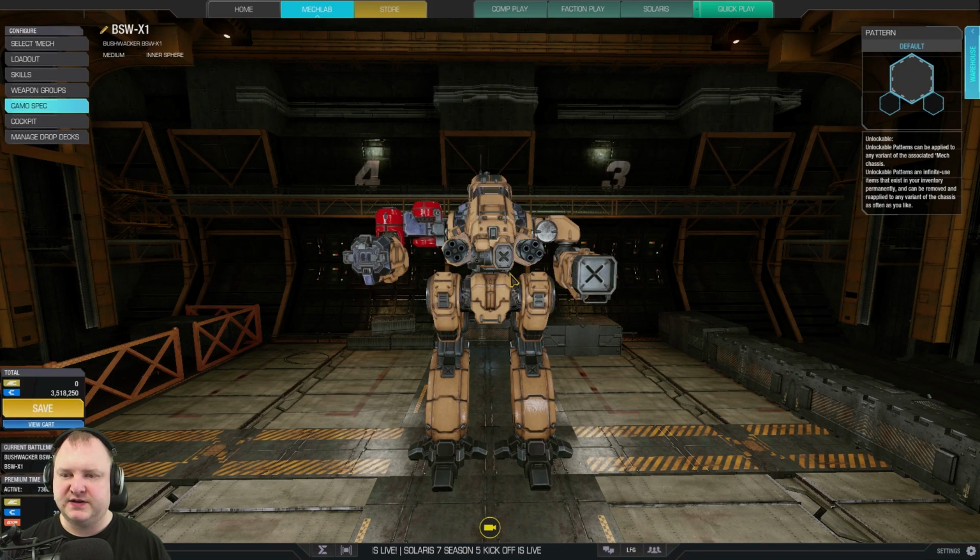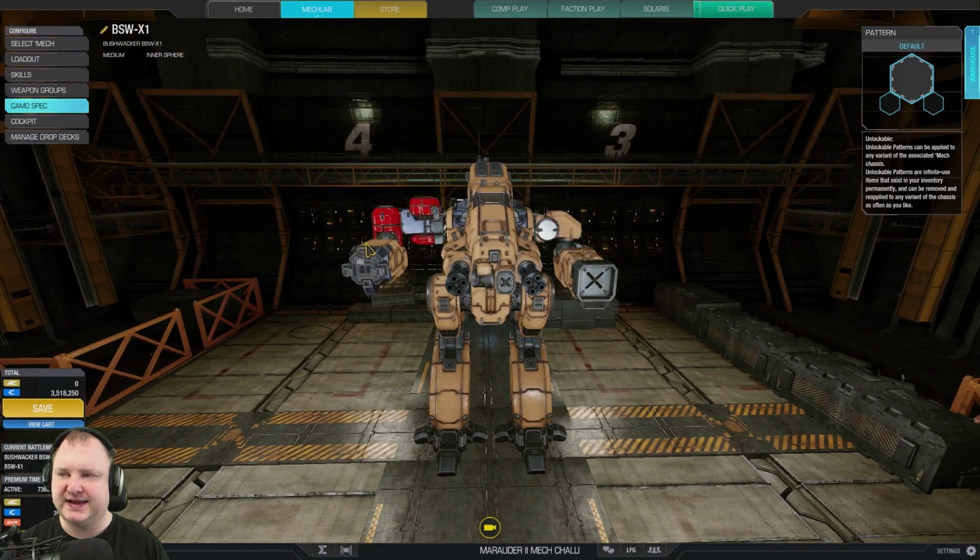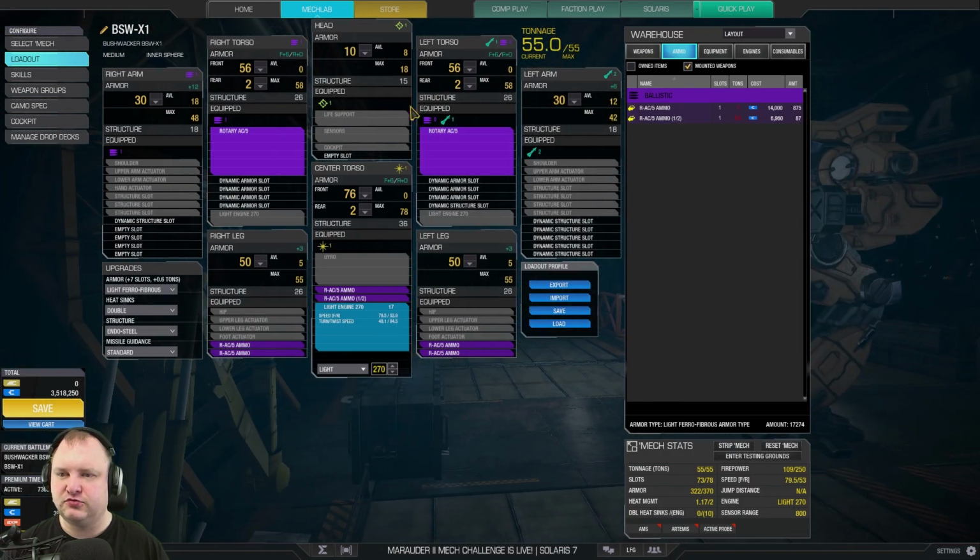Now, the Bushwacker X1 has a nice peaking profile. You have to expose about, I would say, 40% of your mech in order to be able to shoot at targets. And with a build like this, 2 rotary AC5s and a light engine 270, you are quite safe. You've got nice armor on all the important components, 56 armor on the right torso, left torso,